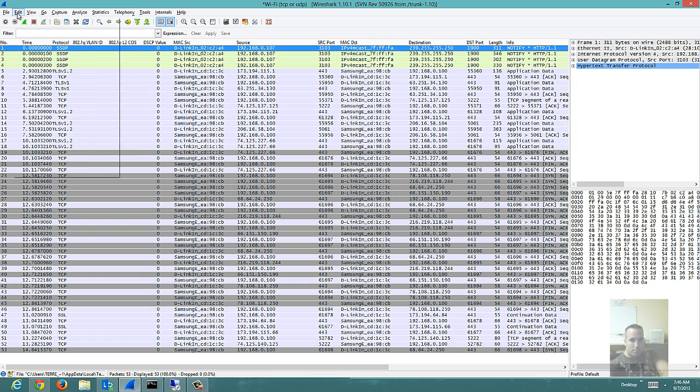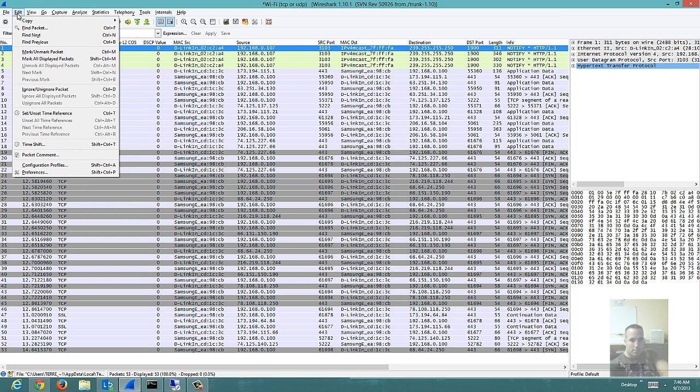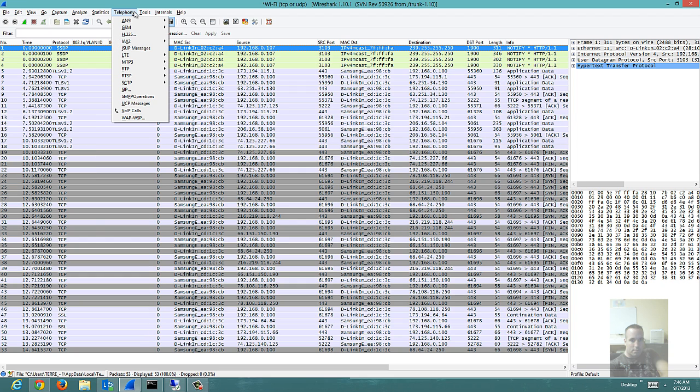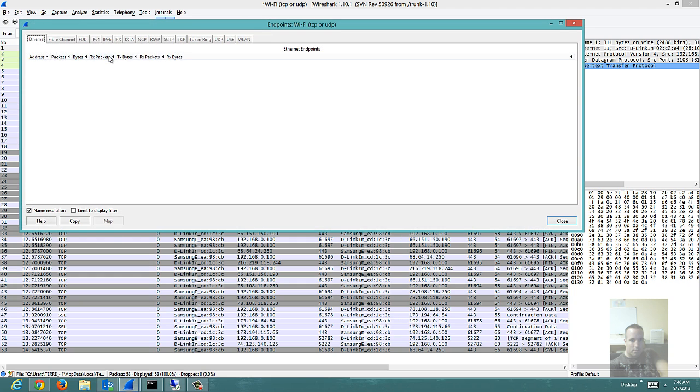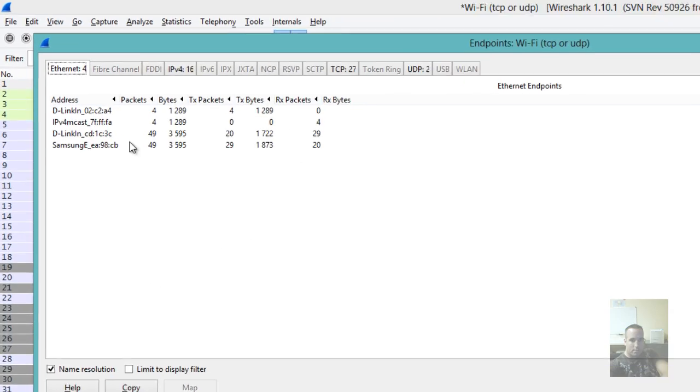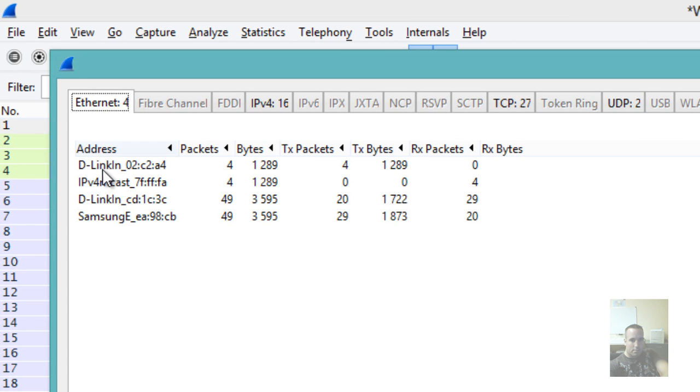While we're going over the file menu, I'll keep going through that. One of the things that I do quickly as soon as I get a trace is verify a couple of things. One is that it has the devices in the trace that I'm looking for, or the traffic. The way I can do that is I can go to Statistics, and then I believe it's Endpoints. Yes. So by looking at this window, I can tell that I have traffic from a D-Link device,